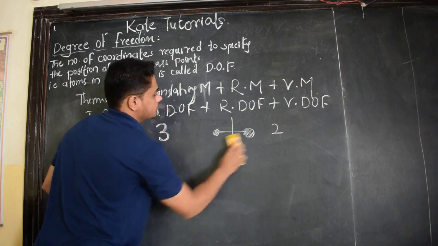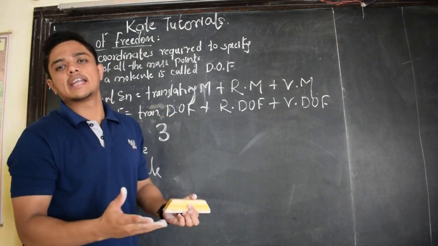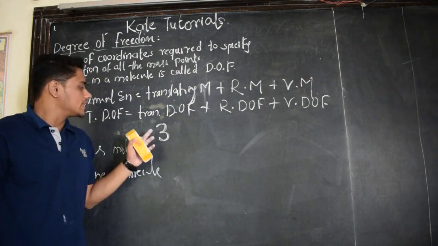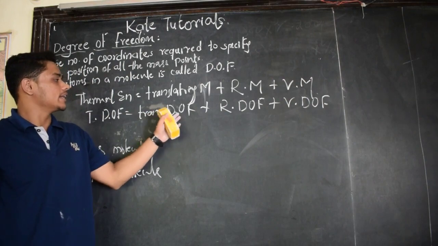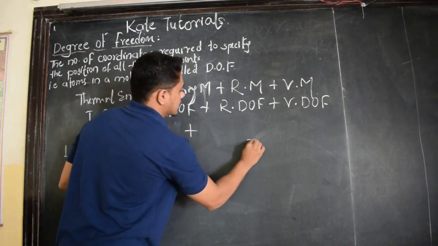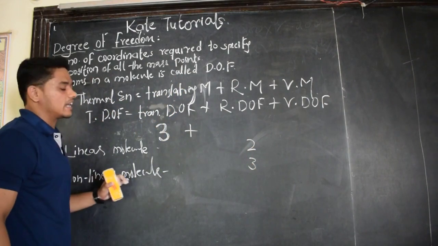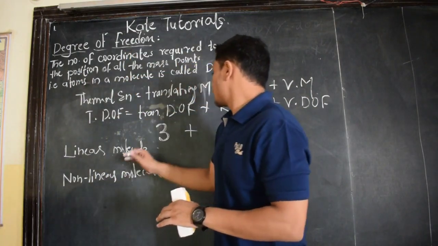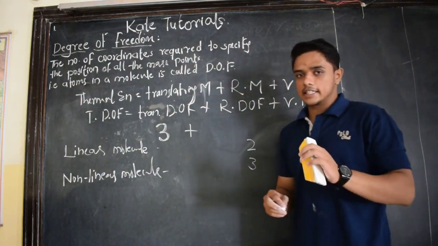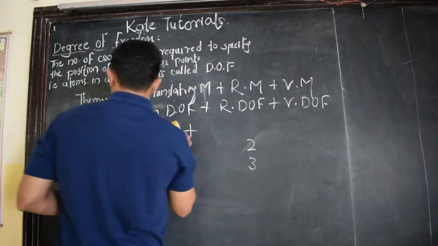So let me write. But the translational motion, either it is linear or non-linear, has got only one mass point. So 3 will be the translational degrees of freedom, whereas 2 will be for rotational degrees of freedom for a linear molecule and 3 for a non-linear molecule. Then we shall discuss vibrational degrees of freedom. So we got an idea that,